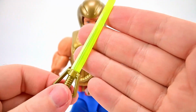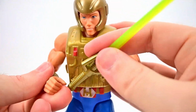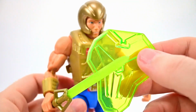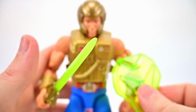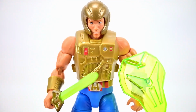It's a green, almost looks yellow in the camera sort of blade there, but nice silver handle and stuff, looks pretty cool. So let's put that in his hand here. So there, he's got the power sword, and then as I mentioned, he also has a shield, which is like a holographic shield, same sort of green color there, but you can see through it, and this plugs into the arm over here, so it fits right in there. So now he's got his shield and his sword there, so He-Man's ready for battle against Skeletor on the New